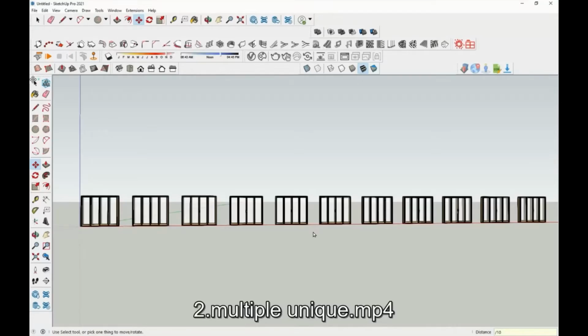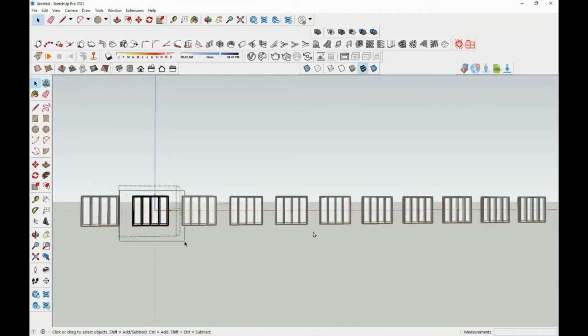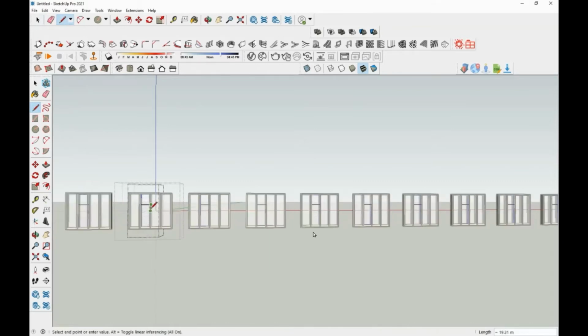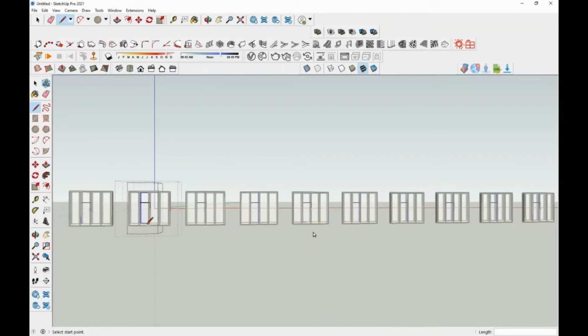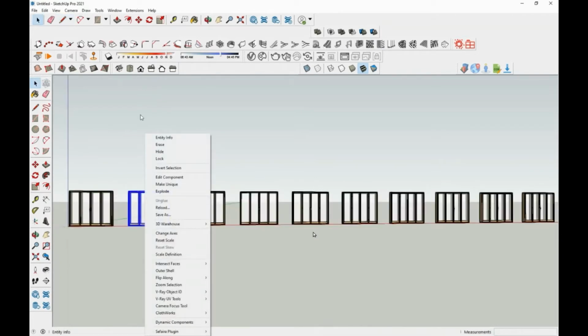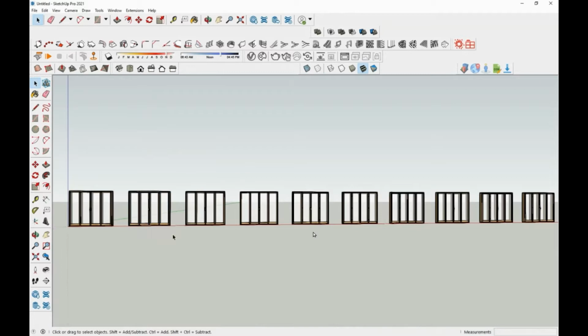See here, I have around 10 copies of same component. So when I'm trying to edit the second component alone, see here the changes is affected to all the rest of components. I hope all of you must be knowing that you can isolate single objects by right clicking and making it as unique. But here I want to make around 4 of components having similar properties and the rest 6 I want to act as separate set of components.